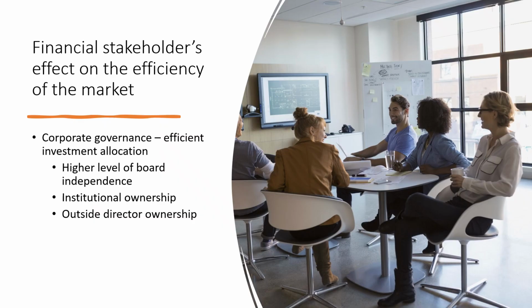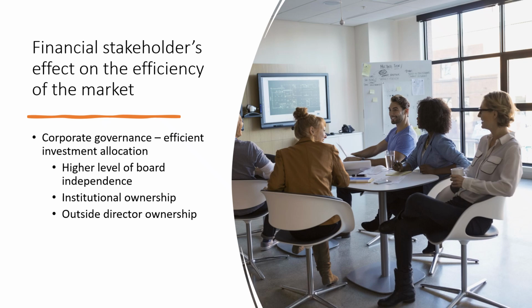How can financial stakeholders affect the efficiency of the market? One of the major challenges that can affect the efficiency of a market is information asymmetry resulting from the agency dilemma and associated agency costs, due to managers' decisions potentially being in their own interests at the expense of stakeholders' interests. To counter this phenomenon, corporate governance initiatives can be undertaken and reviewed by investors to gain insight into the strength of corporate governance controls.